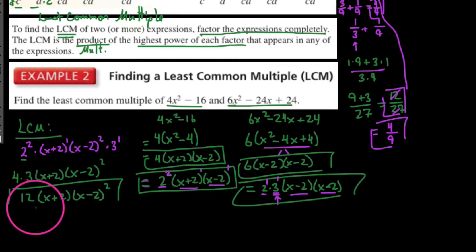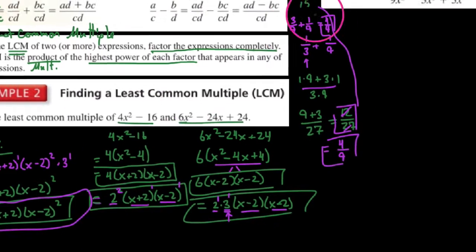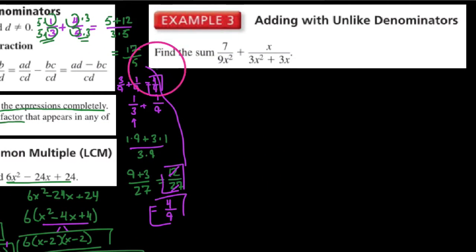This wouldn't just be a common denominator between these two expressions if they were denominators. This would be the least common denominator, because this is the least common multiple of those two expressions. So knowing this, we're going to take a look at the two ways of adding together two fractions here, starting with the most general way: the common denominator between these two things would just be the product of these two denominators here,